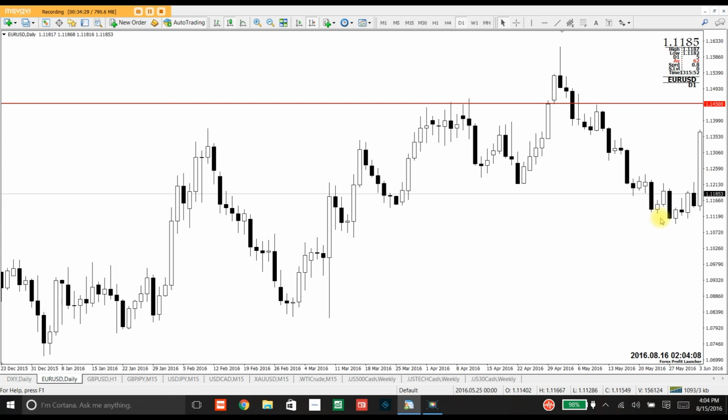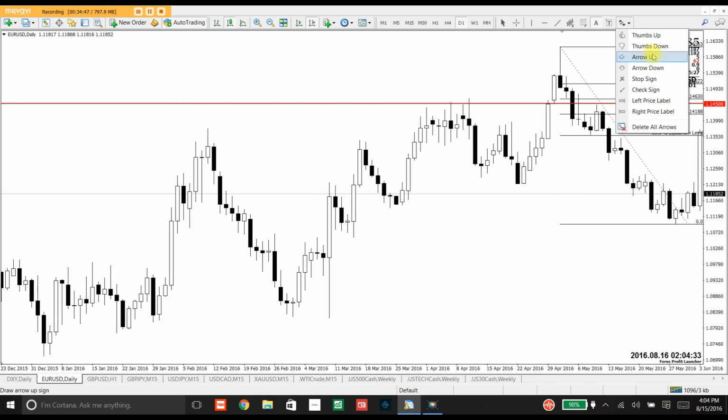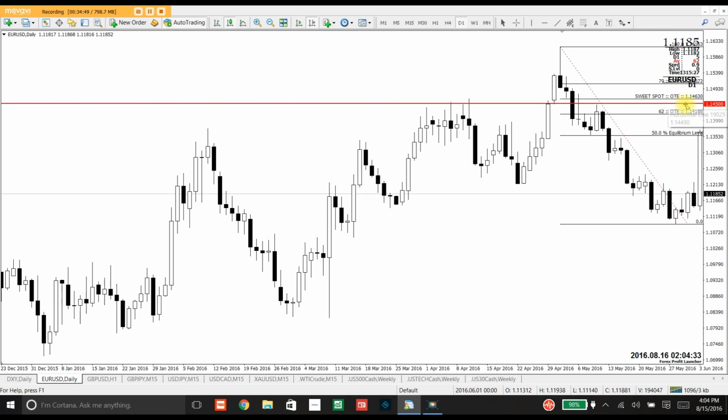So high to low, what are we going to do? We're going to take our tool, we're going to draw the level, okay? Where does my sweet spot lie? In the 62. Right around this mid-figure level. So I would be anticipating, okay, a green light sell around this area